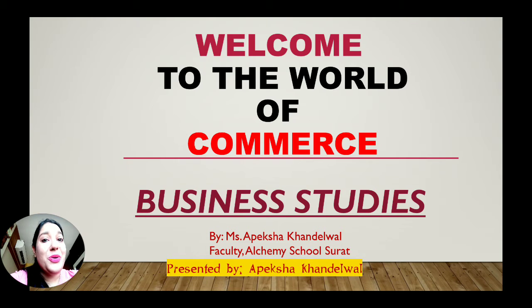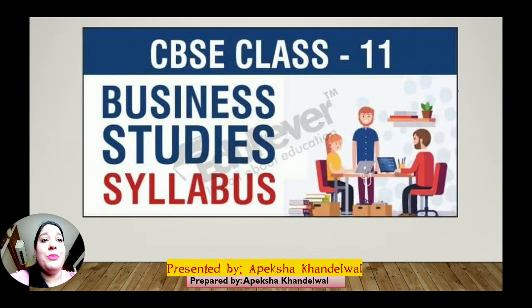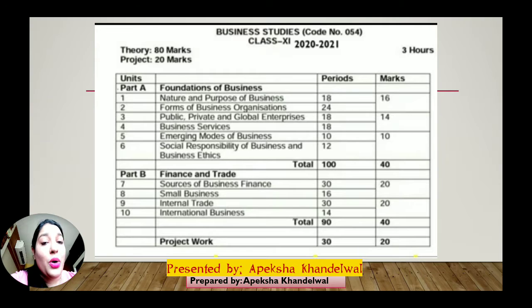Okay, so as I have told you already, in our previous video we discussed the stream of commerce and what all subjects you are going to study in commerce, like accountancy, business studies, economics, English, or you can take any option like Maths or IP. Among them you are going to take any option, right? All these things we have discussed, and we have also discussed the syllabus, the marking scheme, how many chapters there are, what all chapters there are, and the marking scheme of each chapter. All these things we have discussed, right?